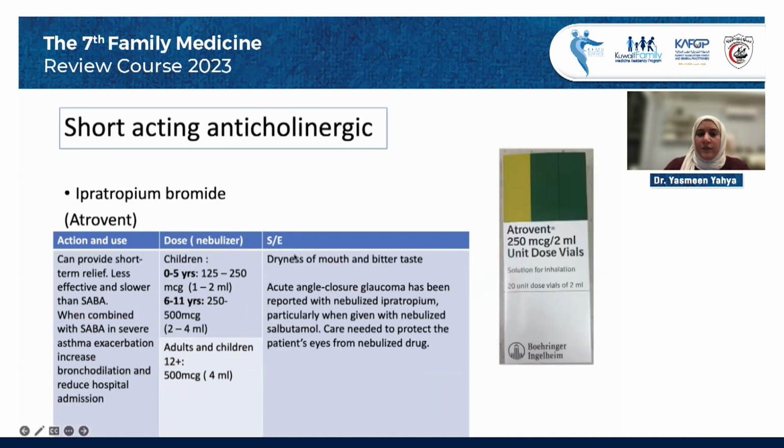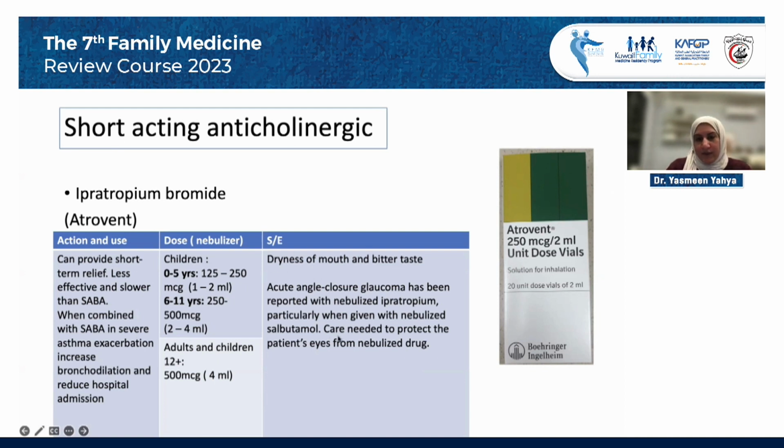The Atrovent also relaxes the small muscles, but it has a slower effect than the Ventolin, and also it is less effective than the Ventolin. But if you combine it with the Ventolin, especially in severe attacks, then it gives a synergistic effect. So it increases the bronchodilation compared to Ventolin alone. That's why it's advised to combine it with Ventolin in case of